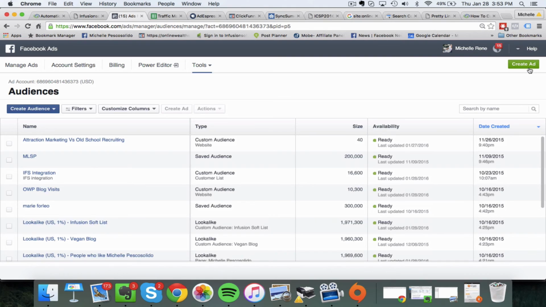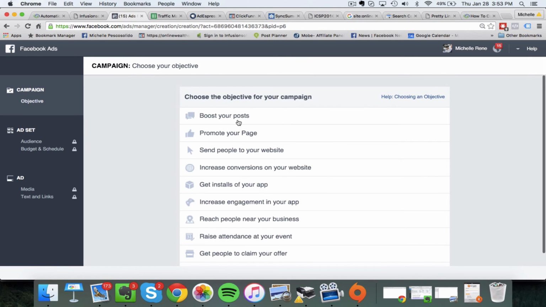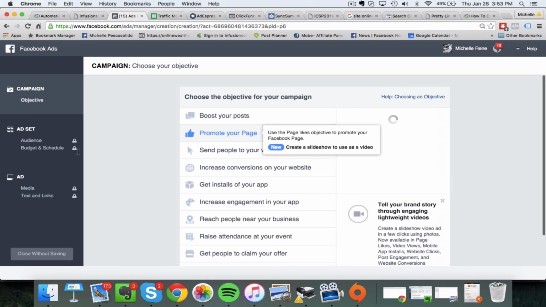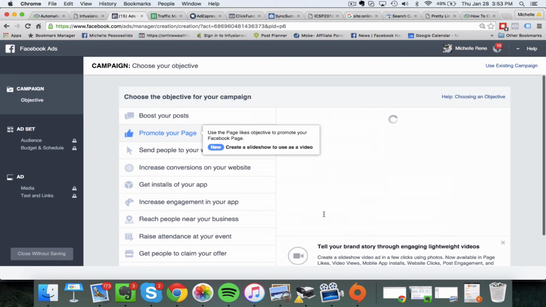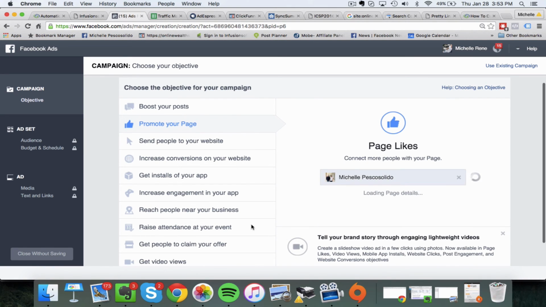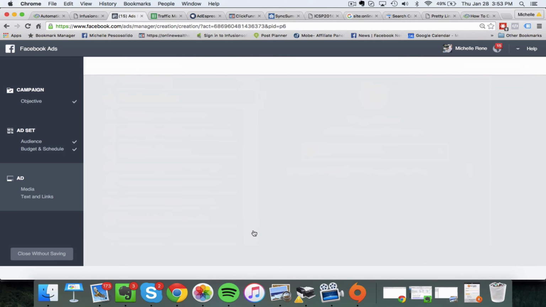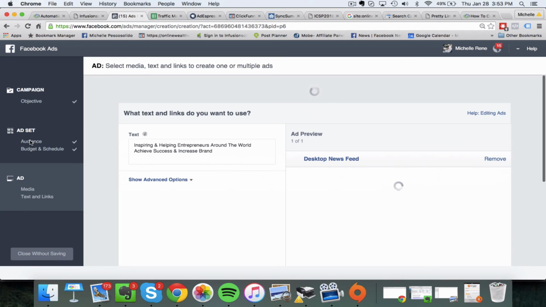And now when we go and we create a Facebook ad, we can actually choose under the custom audiences to target our list of subscribers, or we can target our list of customers, or we can target all of our website visitors. So if I came in here and just said promote my page, and then under the ad set, over here in this section here, and your back office might look a little different, but it's basically in the targeting section where you start to create the audience that you want to target. What I would do is I would come in here, set the audience and budget, and you would basically find, if you have that audience set up, let me go back here,